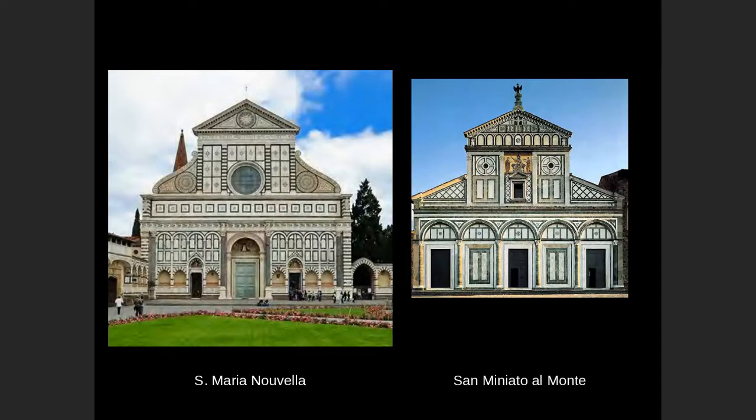San Miniato al Monte, which is sort of proto-Renaissance, which means prior to both in timeline, but also it has sort of classical elements, but is not an actual revival of Roman architecture. It has the arcade, it has some of the columns, it sort of looks like a temple front on top. But if you compare it to Alberti's facade of Santa Maria Novella, you can see it's much more specifically a temple here on the top, and the detailing and the sophistication and the accuracy of some of the classical details is